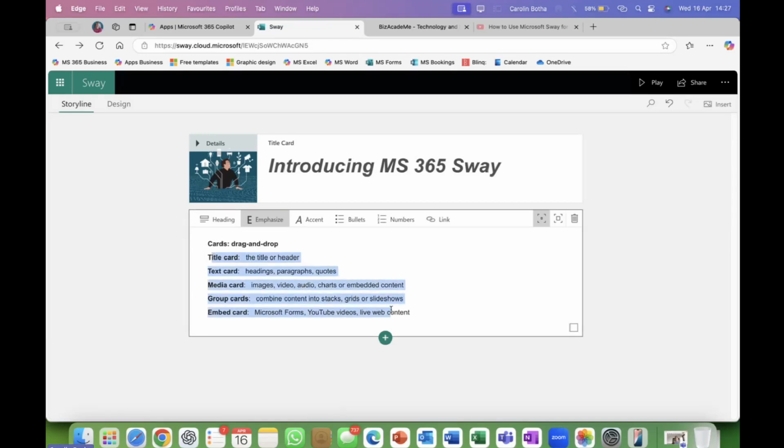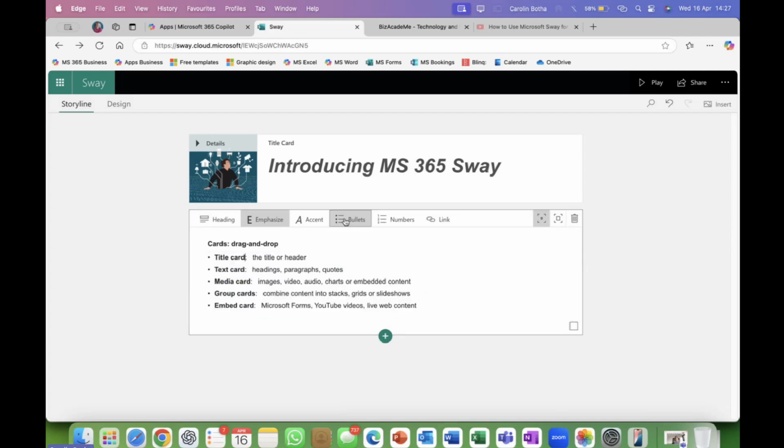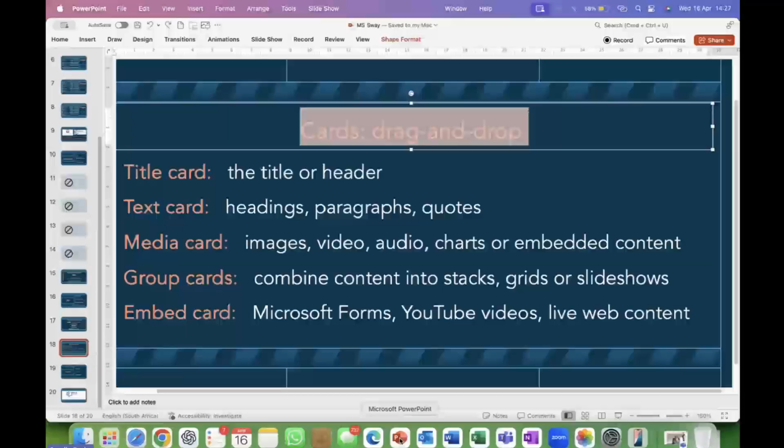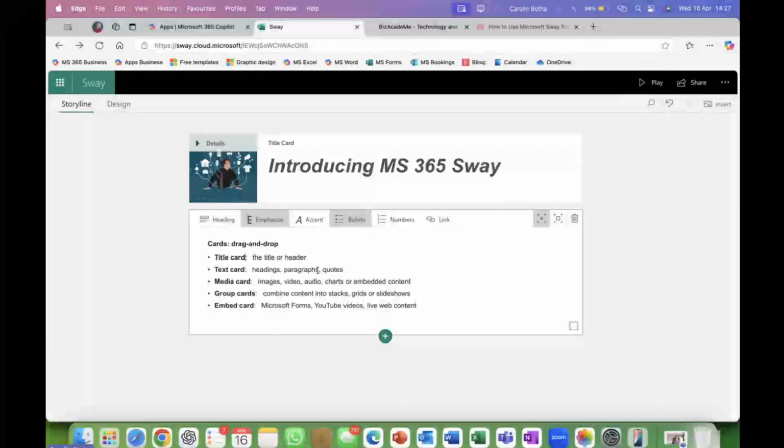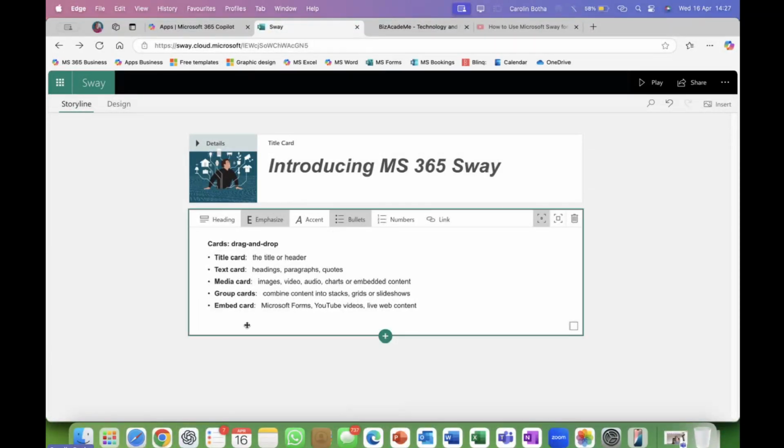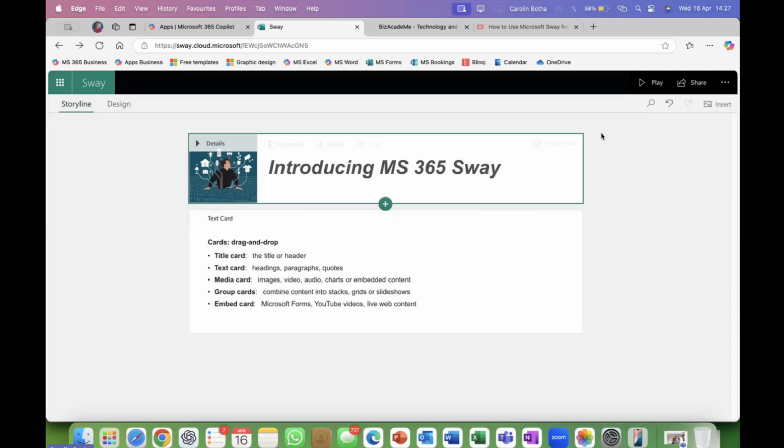And we now select whatever we want to. Let me just select properly. There you go. And we insert the bullets. You can even insert the numbering. That's also okay. Of course, where I have copied it from, it's already bold, the headings or the title card, text card, and so on. So luckily, you don't see this often. Right, so let's now, with the two cards, go and play.